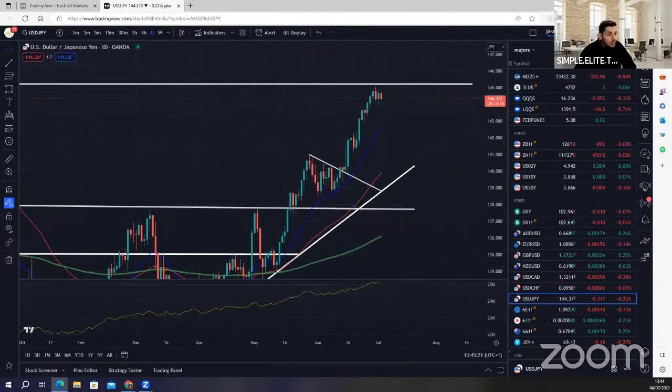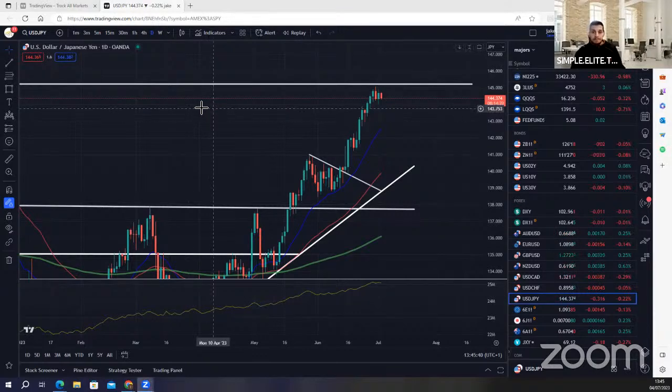So let's see if yen is going to have some strength after all this bearish movement on yen, because yen has been weak for a long time. So let's see if yen is going to gain. I have the view if yen is going to gain,